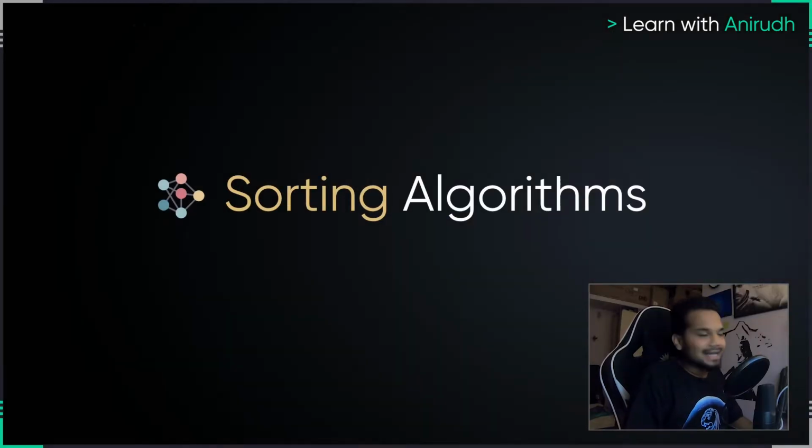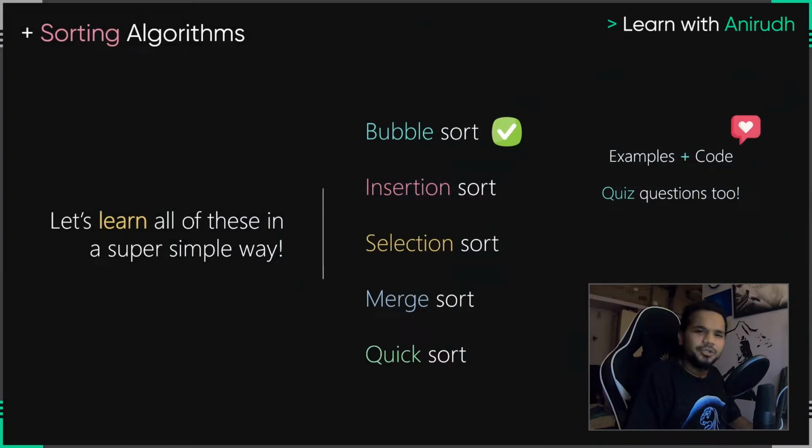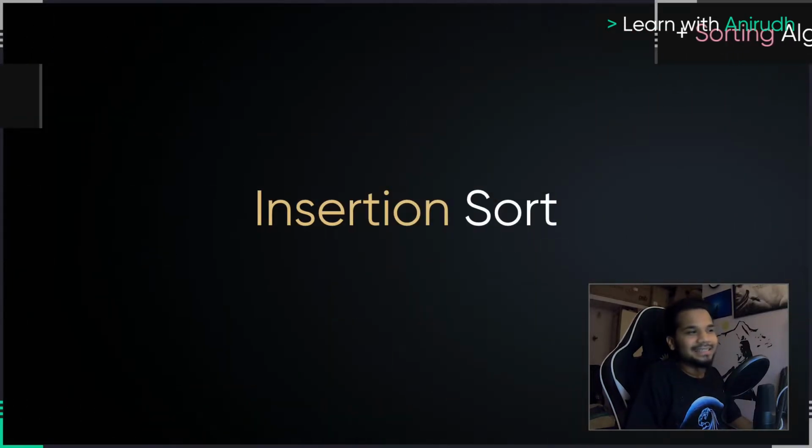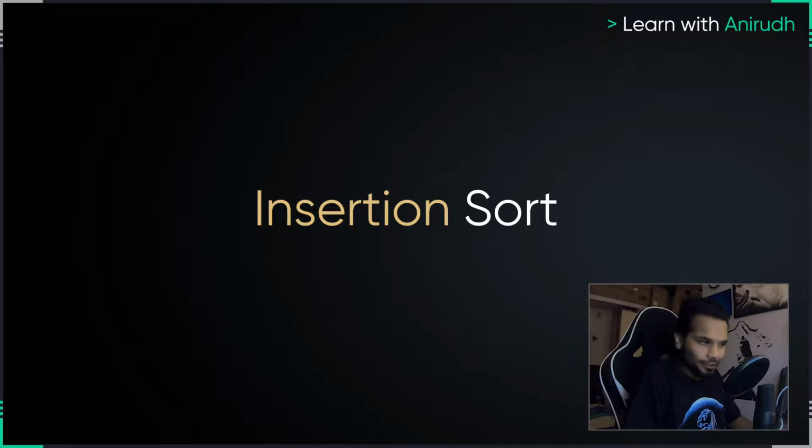So, ladies and gentlemen, as I just mentioned, we already had a chance to take a look at bubble sort. We discussed ample amount of examples. We had quiz questions, and I explained it algorithmically and eventually showed you how the code in Python works as well. If you haven't had a chance to take a look at it, I highly suggest you take a look at it because bubble sort is the most simple algorithm that's out there, especially with respect to sorting. Now, bubble sort is done. This episode is all about insertion sort. So let's get started to understand how insertion sort works.